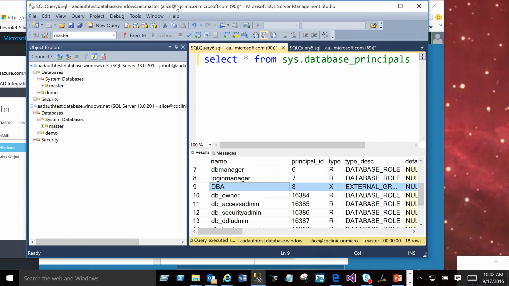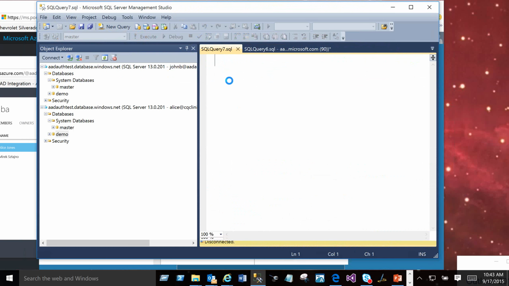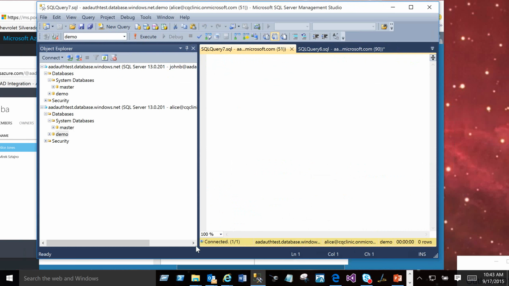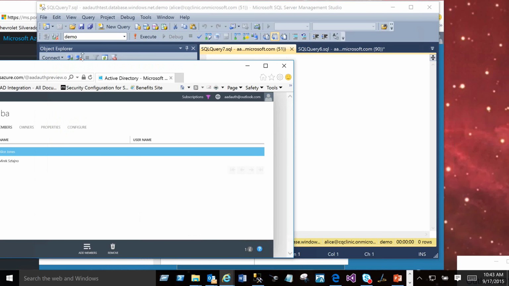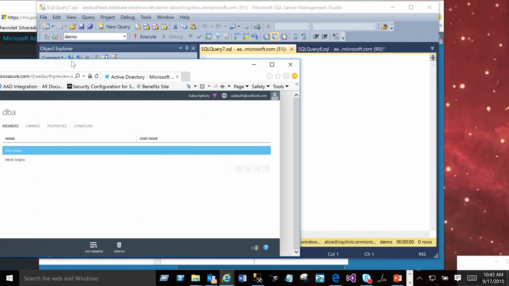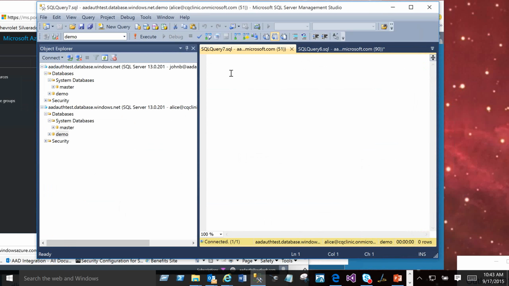So with this, I have a demo. I created a demo database. Let's go to this demo database. This is a user database. And let's create a user that we had already here in this group. And the user was test team. So we create user test team